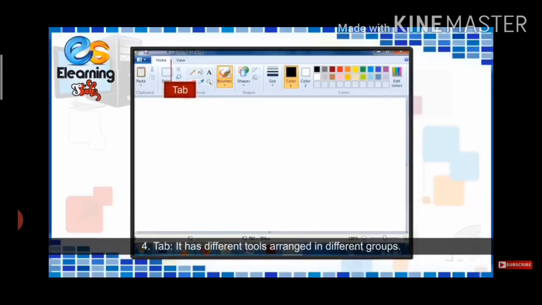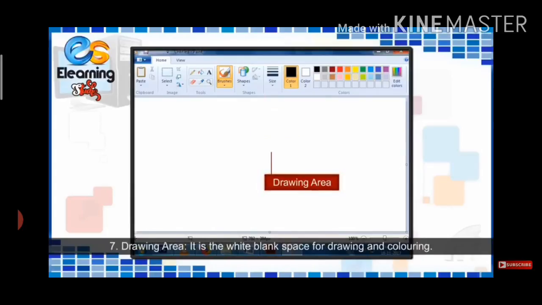Tab. It has different tools arranged in different groups. 5. Group. It has many tools for a related task. 6. Ribbon. It has different tabs and groups. 7. Drawing area. It is the white blank space for drawing and coloring.